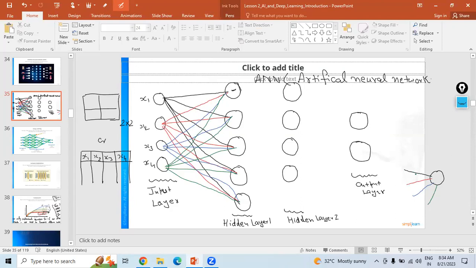So this neuron is getting these inputs. These inputs are x1, x2, x3, and x4. So we are passing this information, and then after that,